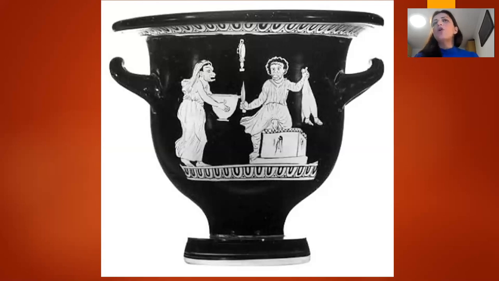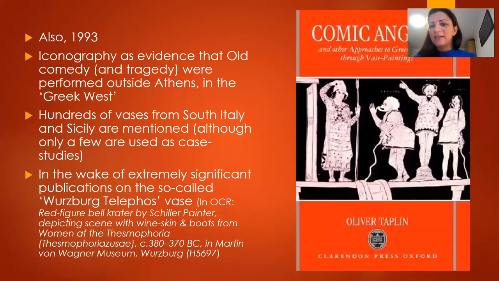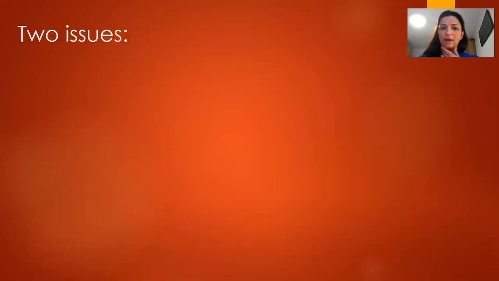This, of course, on its own, a vase is not adequate evidence for this kind of very drastic proposition. However, this, as well as hundreds of other examples which were studied by Oliver Taplin and then published in this book, Comic Angels, suggest that this is actually a very plausible proposition. And actually, there